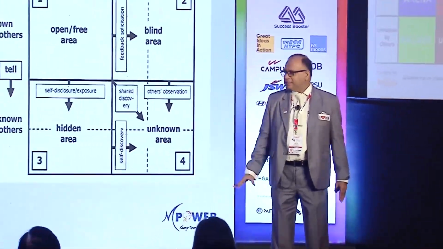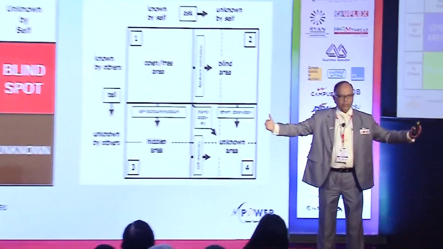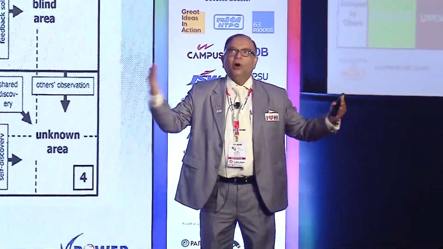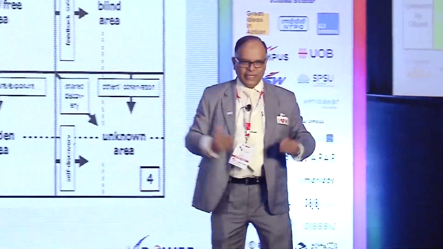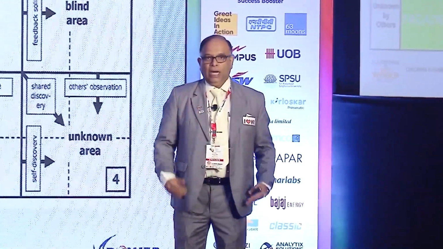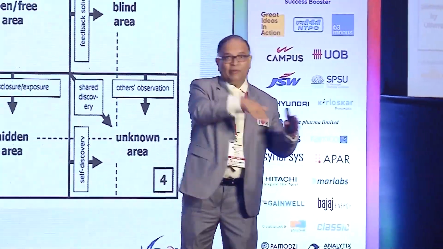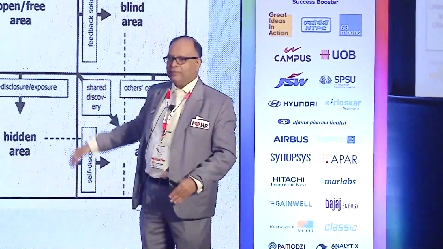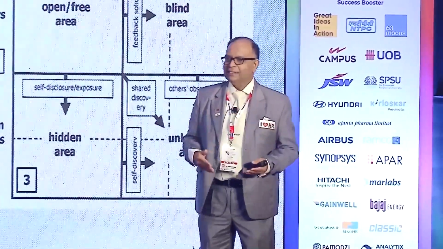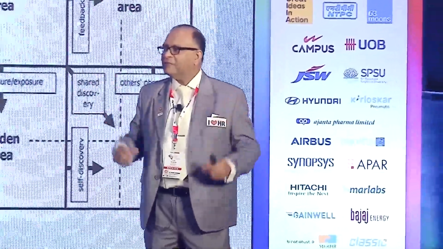So the 3 parties, red box, walls have ears in organization. Yes or no? Yeah. Corridor gossip is very powerful. Right? So always ask the boss, ask the peers, ask your subordinates, what can I do for you? How can I help you? Then automatically by the time the performance appraisal comes, you have cleared the red box. So simple, 2 things. One side tell, other side ask. What happens? Your iceberg goes up, you become the mountain, your purpose is very clear for the others.